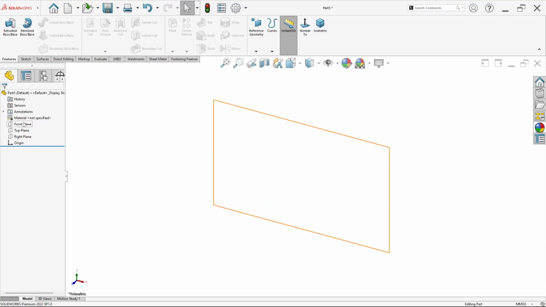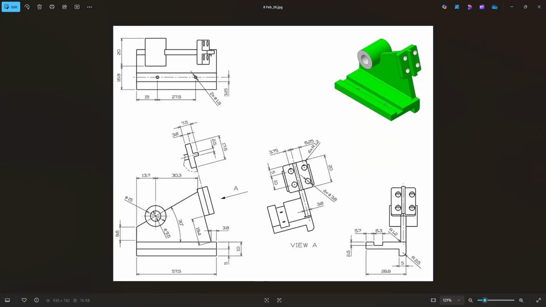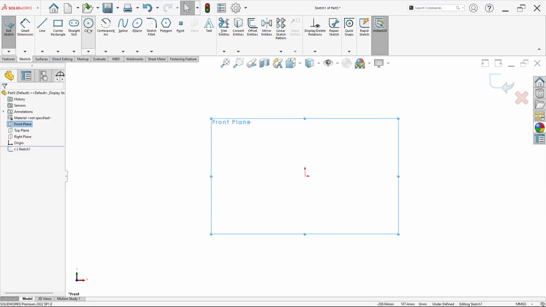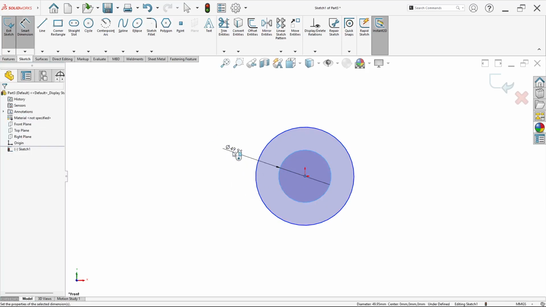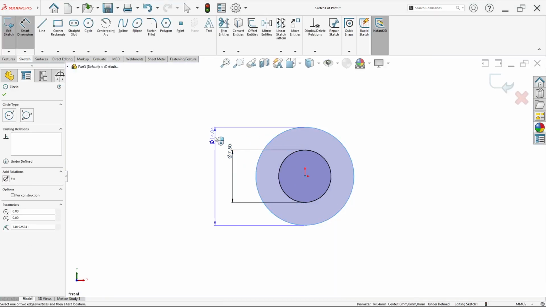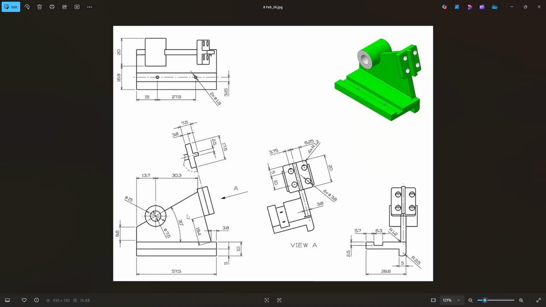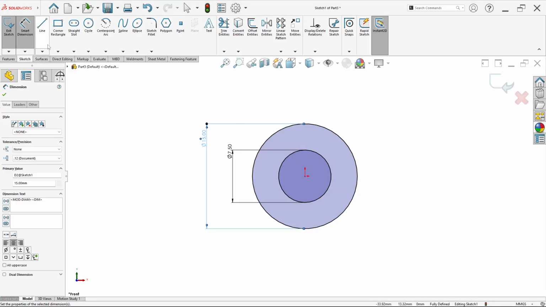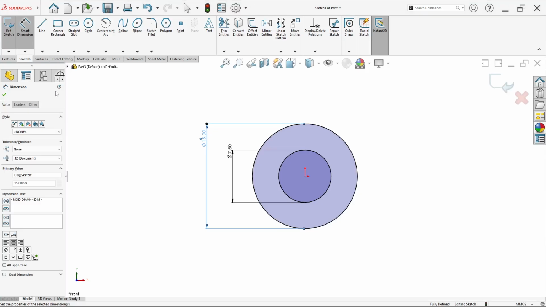First, right click on the front plane and click sketch. Draw two circles with diameters of 7.5 and 15. Select circle and draw from this center. The first circle has a diameter of 7.5 millimeter and the second circle 15 millimeter. Then we can draw a line from here to here.